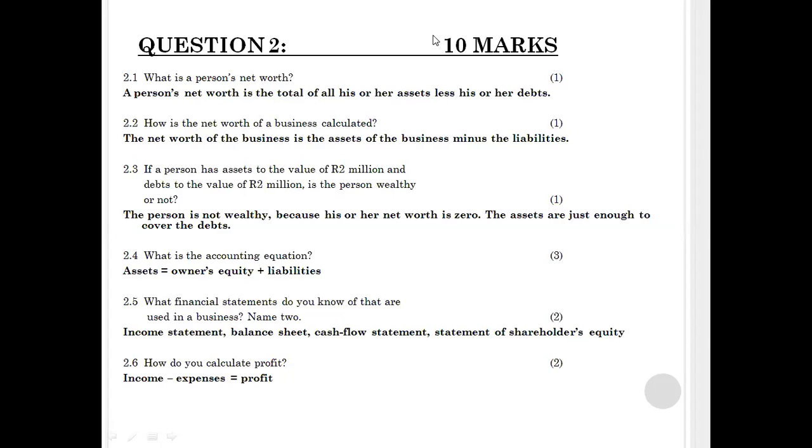Somebody said regarding question 2.6, how to calculate, you said cost price minus selling price. Now, my friend, cost price is the smaller one. Cost price is smaller than the selling price. So what you're telling me is, for instance, 5 minus 10 rand. Do you think you're going to make a profit? No. So if you have said selling price minus cost price,